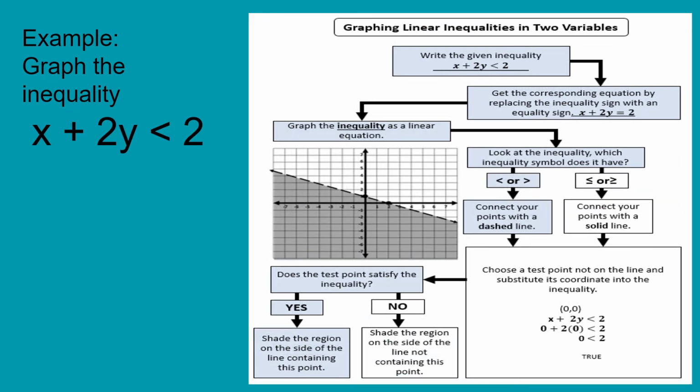Okay, let us graph the next example of inequality. X plus 2y is less than positive 2. So, kagaya ng ginawa natin kanina, we are going to write the original inequality here on top, and then papalitan natin yung ating less than symbol dito ng equal sign para maging equation na siya. And since kailangan natin siyang i-graph sa ating Cartesian plane, dahil ang ating equation dito ay hindi pa naka-slope intercept form o yung ating y is equal to mx plus b form,